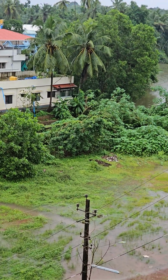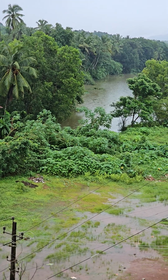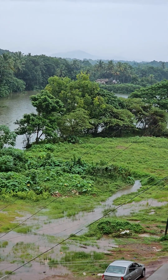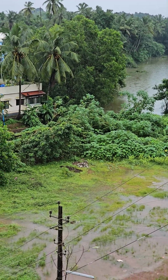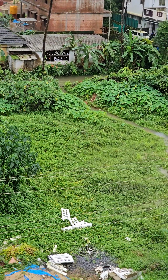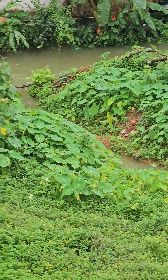And this kind of episode will get repeated year after year unless something is done. Systemic solutions have to be found. They have to consult some expert in water and stream ecology and then come to some sensible conclusion to facilitate the outward flow of this huge amount of water. All the